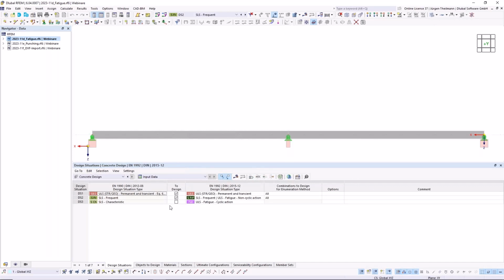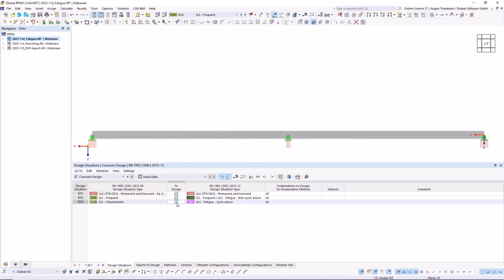And now you could easily say, okay, I calculate all my design situations, but I just want to show you, okay, right now we're doing the level 1 and then we're doing the level 2. It wouldn't make a difference to have both activated because the program will only perform the fatigue design according to the level we chose in our ultimate configurations.